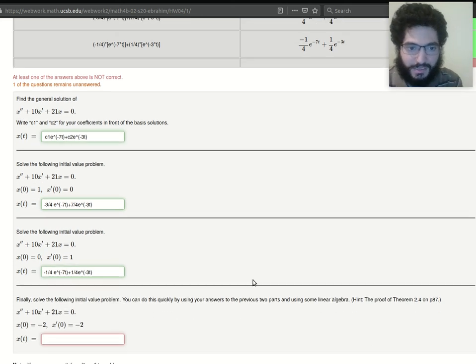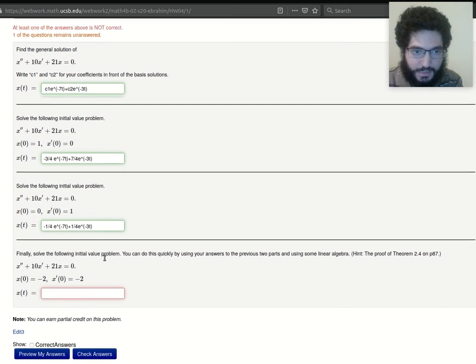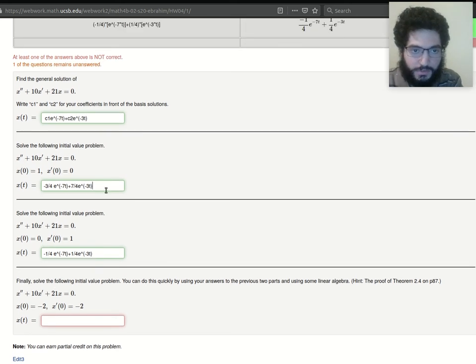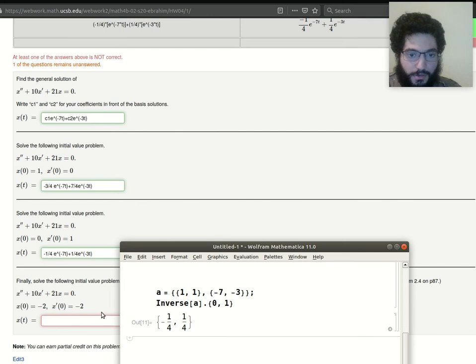Now, what I really want to do is show you how these two solutions can be used without that much more effort to solve another initial value problem with just some random choices of x of 0 and x prime of 0. So this one has x of 0 equals -2, x prime of 0 equals -2, but no matter what the choices are,